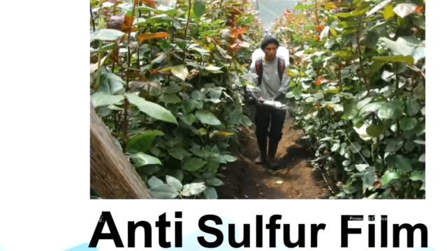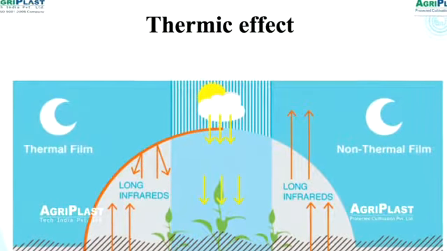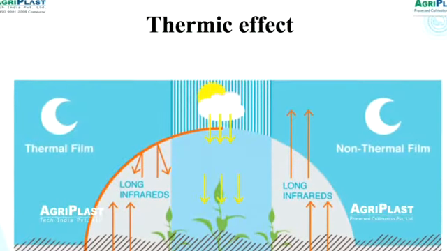It is very necessary. Thermic property, really we have too much of heat, so we don't need it. Thermic is the same radiation, IR radiation we talked about. It is the radiation which is retained inside the greenhouse. So we don't really talk about thermic property here, but wherever the night temperature goes below 10 or 12, then you need to have a thermic film.